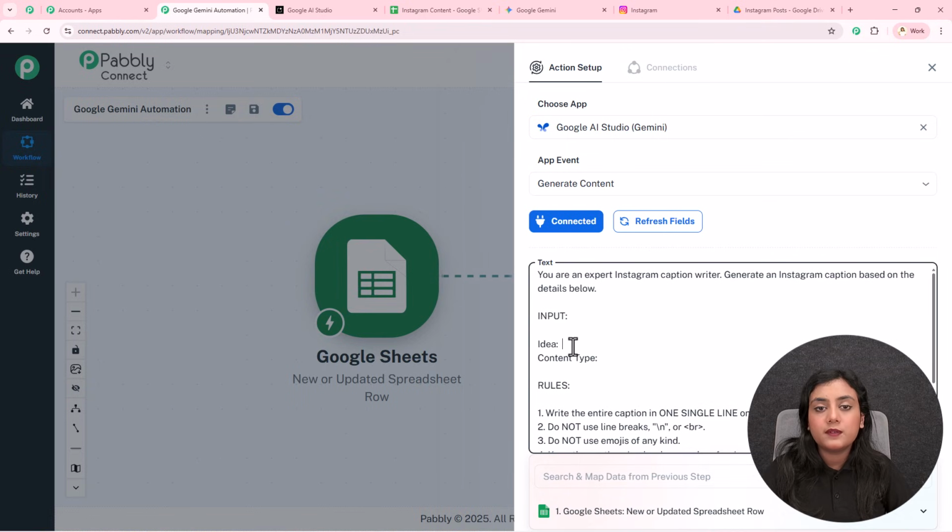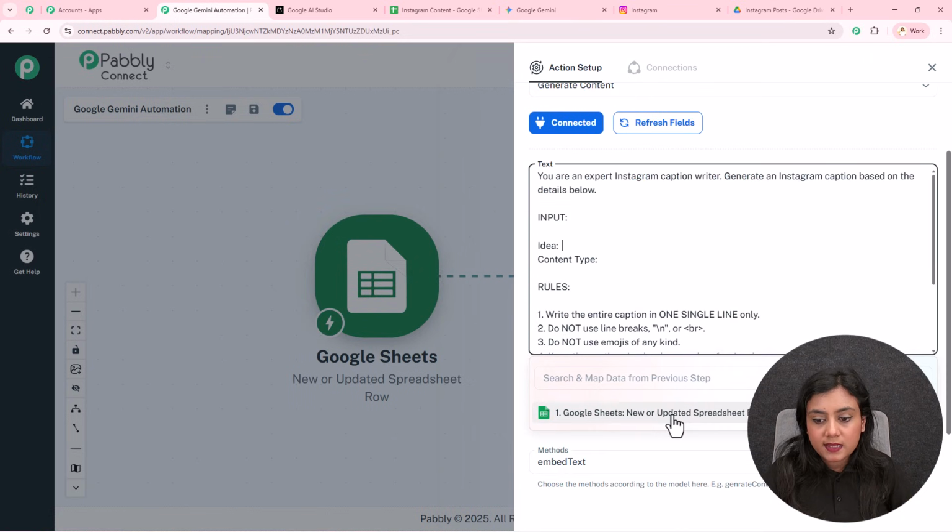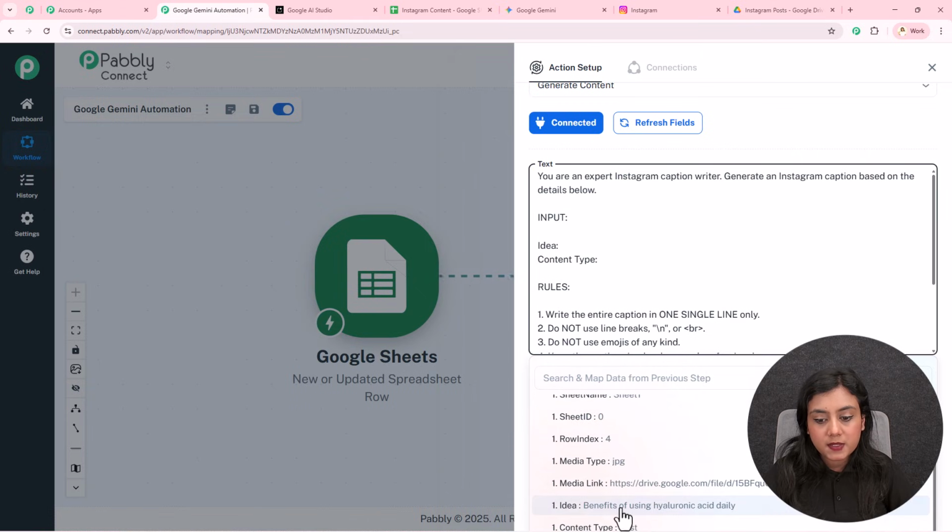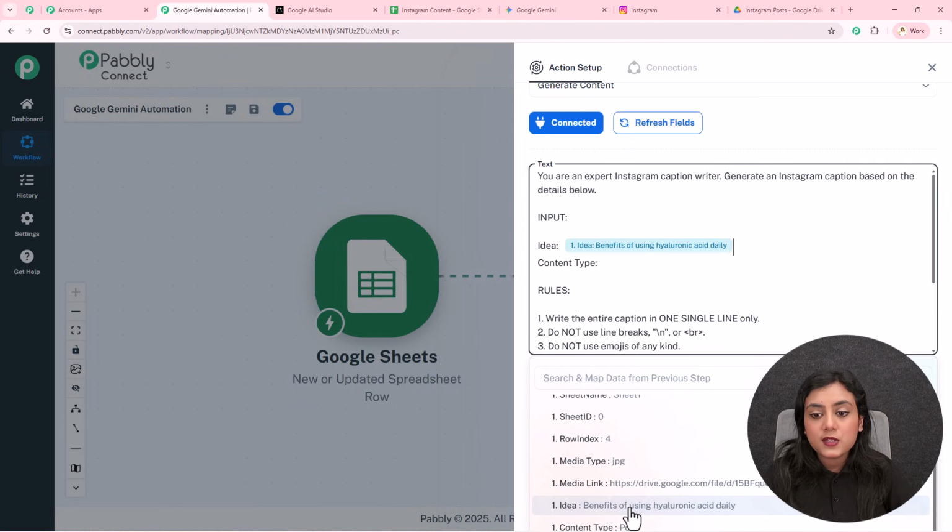Now for the data of these fields, I will map the data. Mapping is inserting data from the previous step. Click on this field. You will see like this previous step is going to appear in front of you. Click on it, and in this response we have received the idea. So this is the idea for which I want to generate the caption. So I'll select the idea from my previous response. Now as soon as I've selected this idea from my previous response, the data in this field has been mapped,